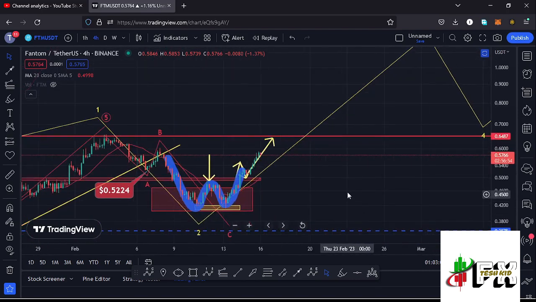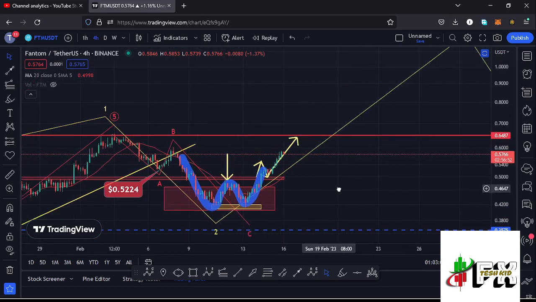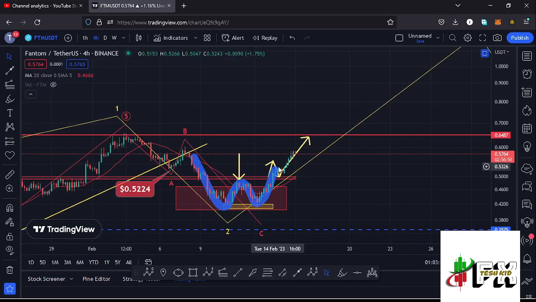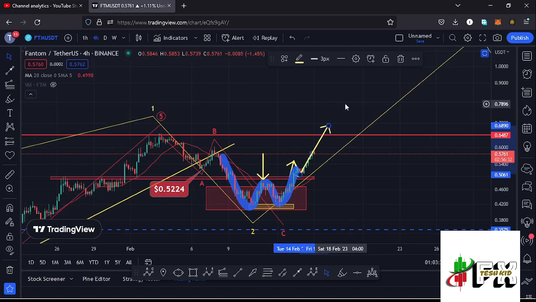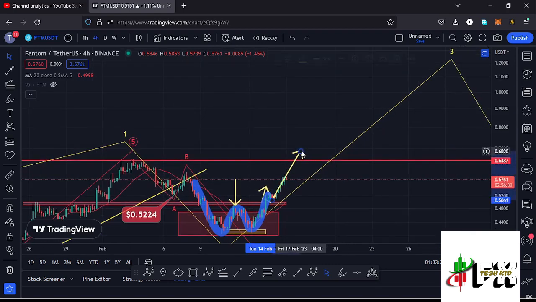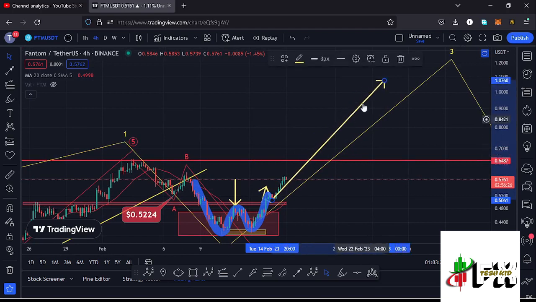We need to continue holding above the 20-day MA, also above this key area of support at around the $0.5 mark, so that we can have the support that we need for us to continue pushing even higher to get to the next key significant high that is at around the $0.657 mark, and that is the wave 1 high. And the moment we manage to break above the wave 1 high, then that will be enough confirmation that whatever we are seeing over here is that bounce to the upside in the formation of that wave 3,